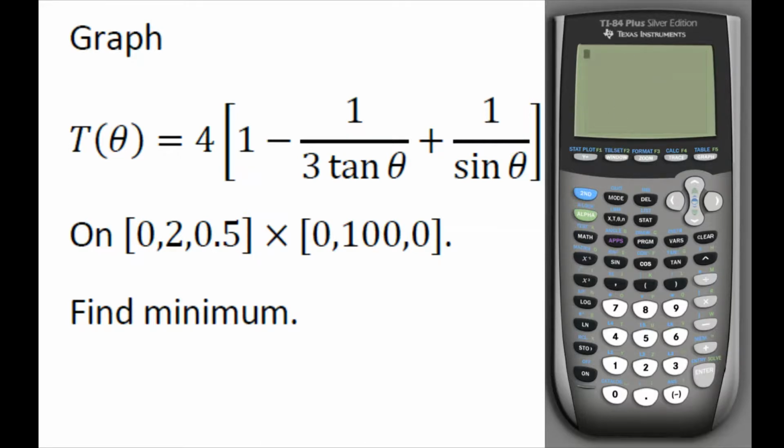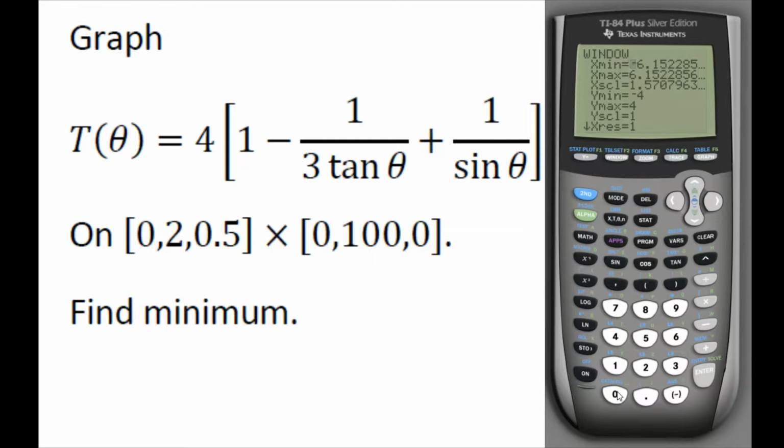So I will go to mode and select radian. So it is in radian. So it is good. I will quit. Second, we change the window into x and y in this interval. So we hit window,